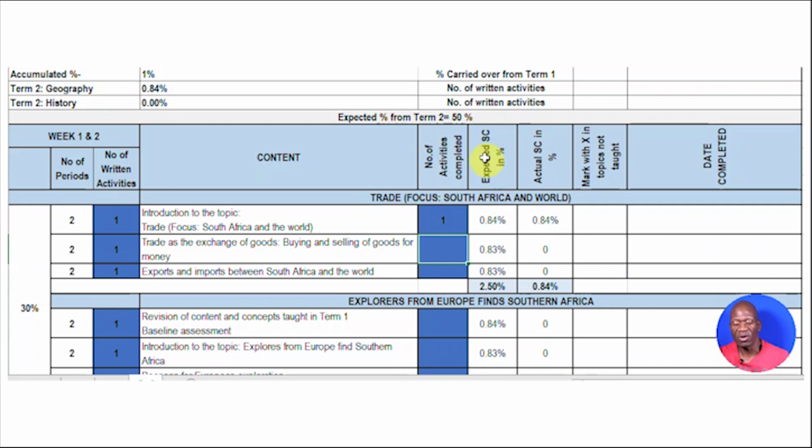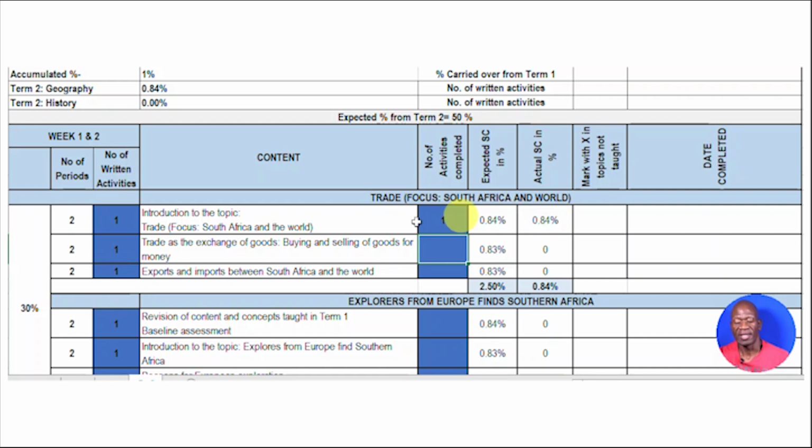Here we have the expected syllabi coverage in terms of percentages. If this topic has been covered and this activity has been written, the expectation is that it's going to total to 0.84. So hence, as you saw me typing 1 here, it means the actual that has been covered is